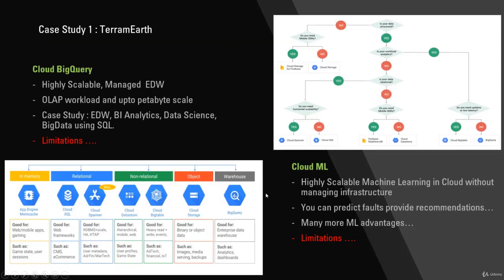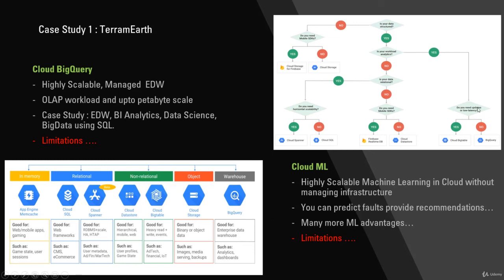The next choice that we have is BigQuery. It is a highly scalable, managed enterprise data warehouse, for OLAP workloads up to petabyte scale. Case studies are EDW, analytics, data science, and big data on SQL. So this could be another choice for us. If you look at the requirement for us to ultimately store the data, our data is analytical data.